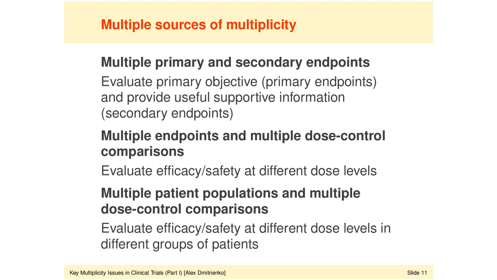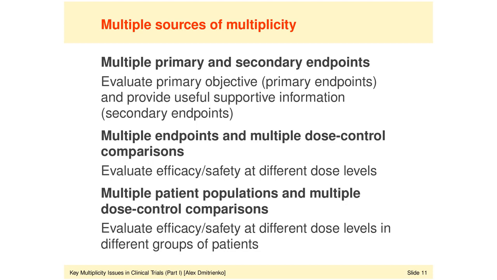Once again, here we see that there are two dimensions or two sources of multiplicity in this example. And you see now that this is a more complex setting which requires more advanced methods for addressing multiplicity issues. And in this course, in part 1, we will concentrate on the more basic univariate multiplicity settings. And if you're looking for solutions to more complex multivariate multiplicity problems with several sources of multiplicity, I would like